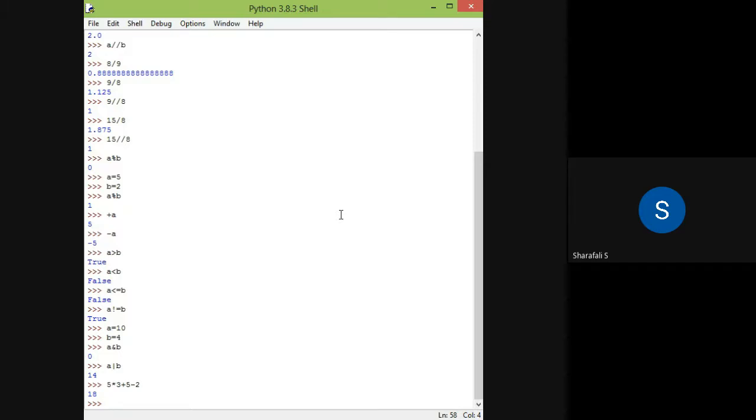But when you have such a scenario with the same or equal precedence, as we discussed in that table, then you have to consider left to right precedence, which means that the left one will have the highest precedence. So when you have different operators in the same instruction which have the same precedence in that table, then you have to consider left to right precedence, which means that the left one will have the highest precedence, and the right one will have the lowest precedence.